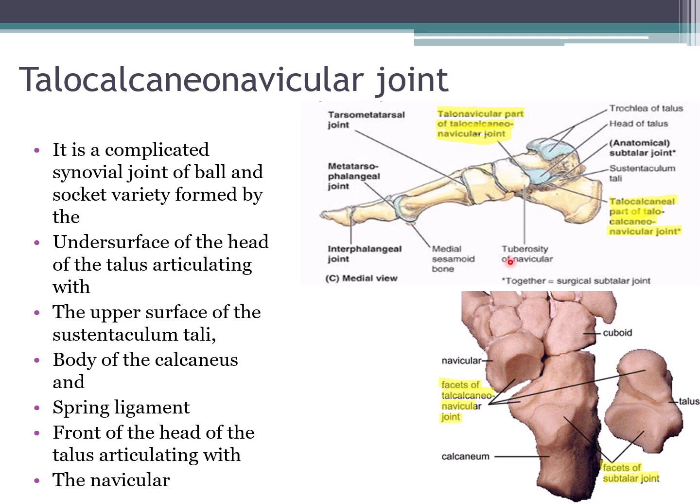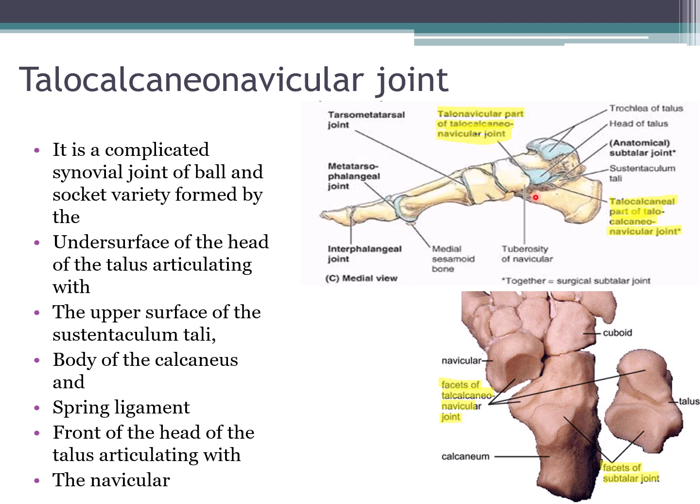You can see here, it is a ball and socket type of joint, formed by the undersurface of the head of the talus, which articulates with the upper surface of the sustentaculum tali, and I hope you know what the sustentaculum tali is. It is a part of the calcaneum, and the body of the calcaneum, and the spring ligament which is attached here,